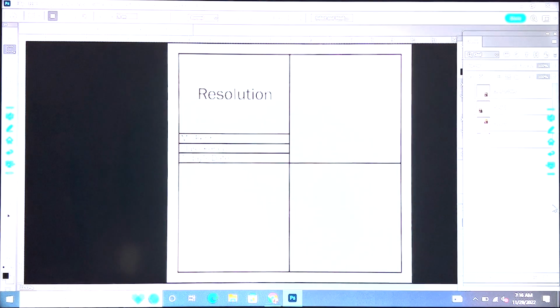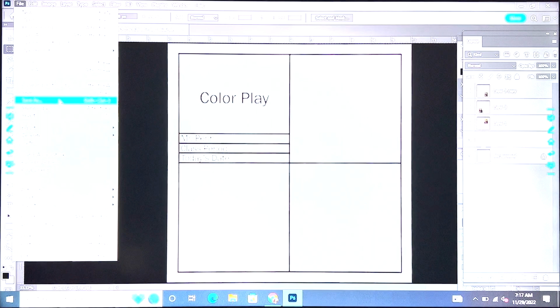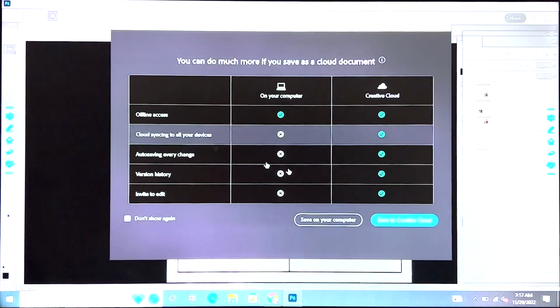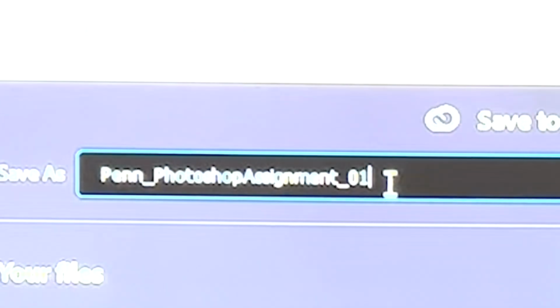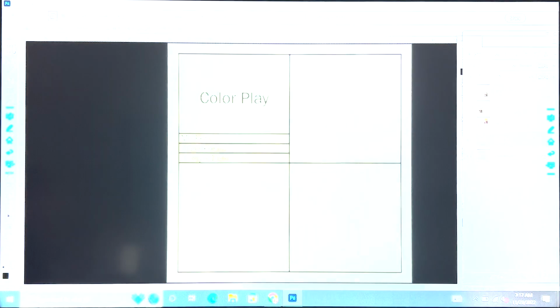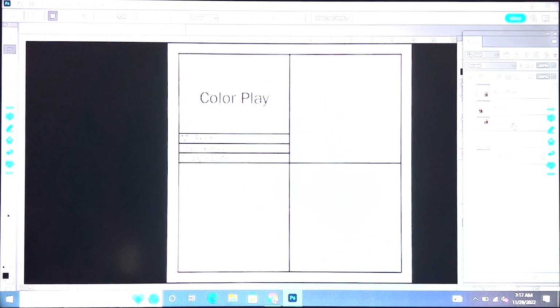There we go. Let me grab my white pencil and erase this. Color play. I don't know if I like that, but that's what we're going to call this one. Save as to the cloud. We'll call this one assignment 8. Sure. Save. Okay, now that this is its own document,